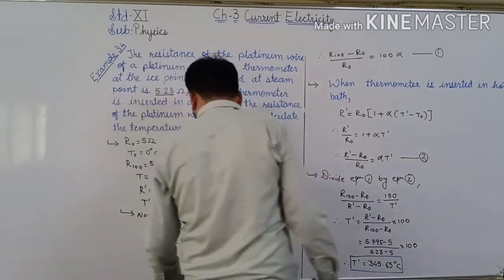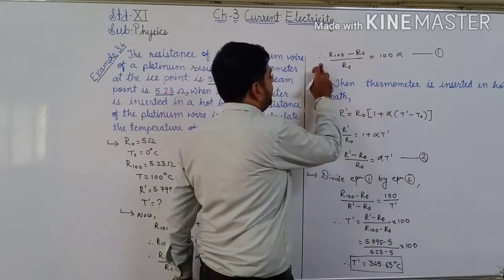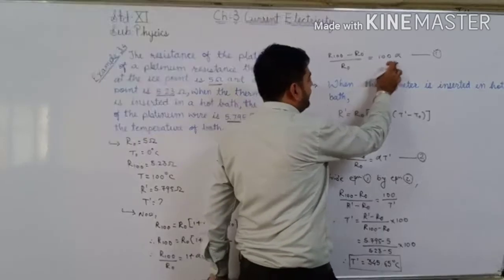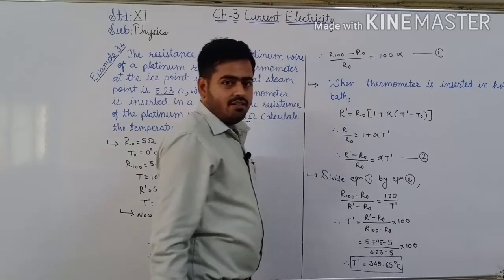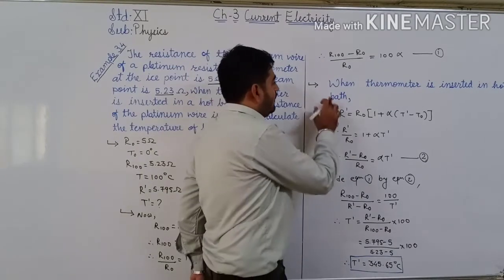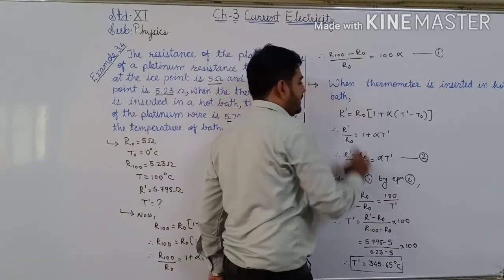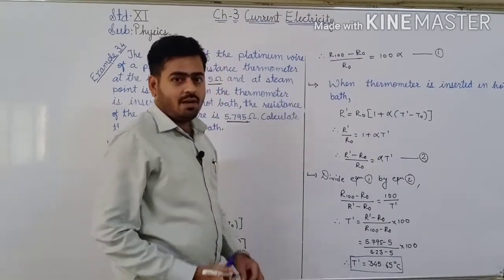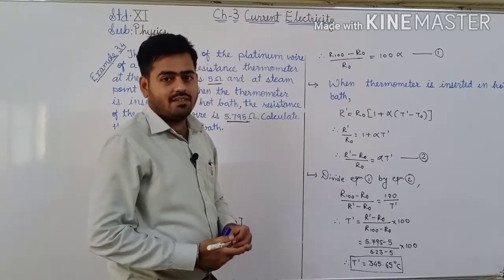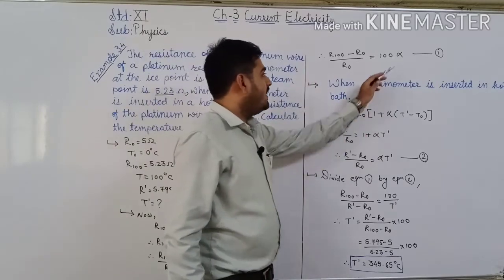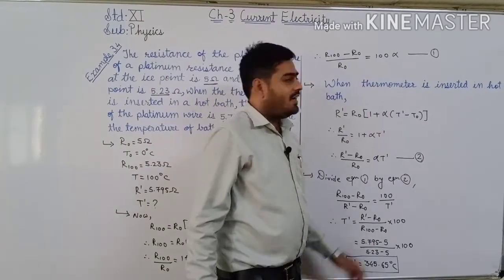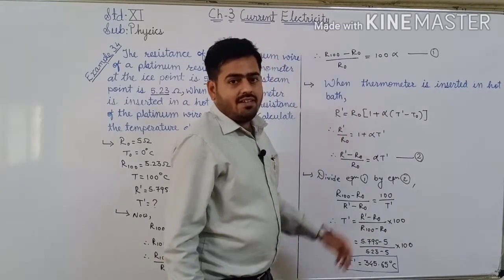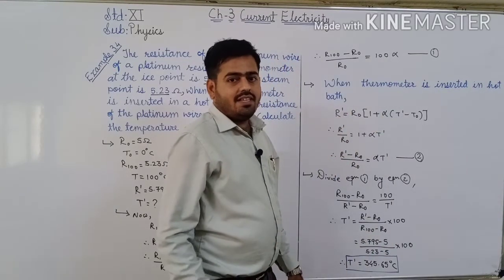If we take this one on the left hand side, then it can be written as R100 minus R naught upon R naught is equal to 100 alpha. Equation number 1, when the thermometer is inserted in hot bath. Okay, one equation has been made. Here the value of alpha is not given, so we have to make the equations such that this alpha gets cancelled. If alpha gets cancelled, then we can easily find the final temperature from the equation, that is the temperature